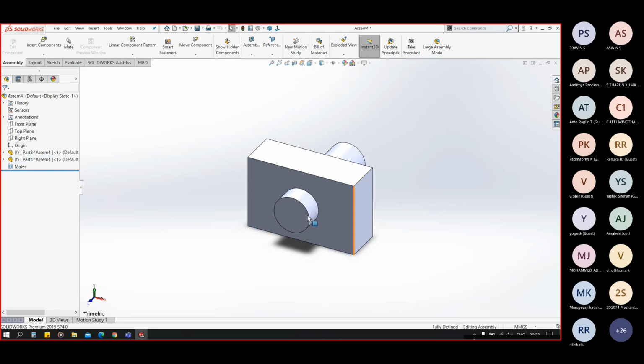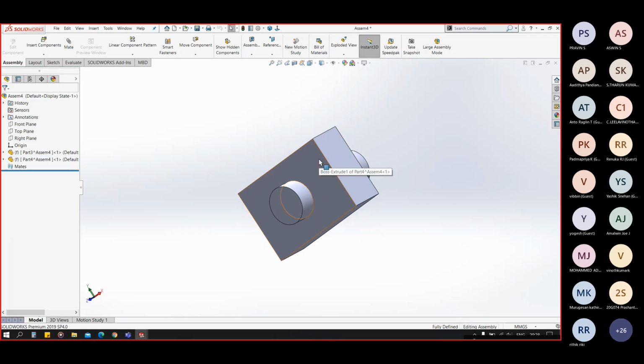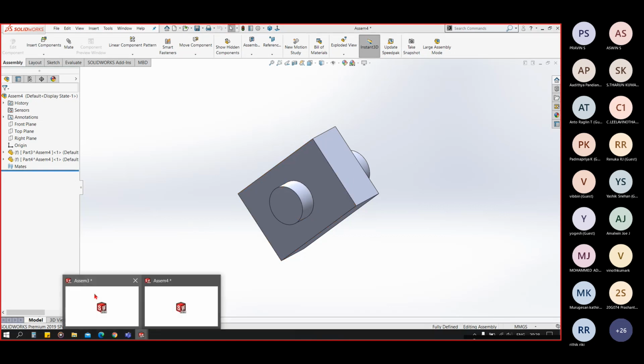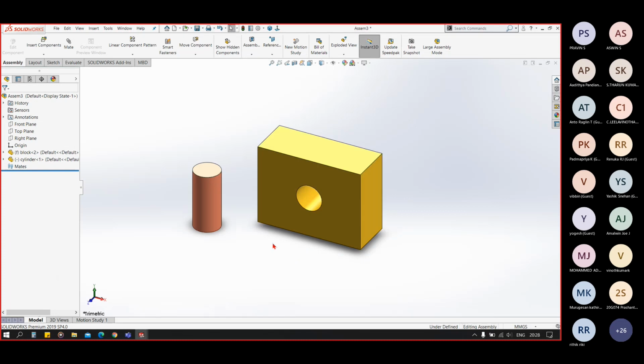You can see we have both the parts fixed and this is the assembly of two parts. So this is the first approach, that is the top down approach, and this is the second approach, that is the bottom up approach. In 90% of cases you will be following this second approach because it is easy to understand and easy to imagine. So in our tutorial, in our training time, we will also be following this type of approach only.